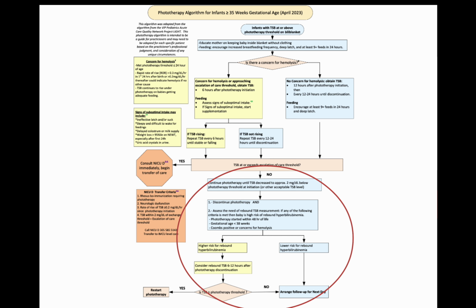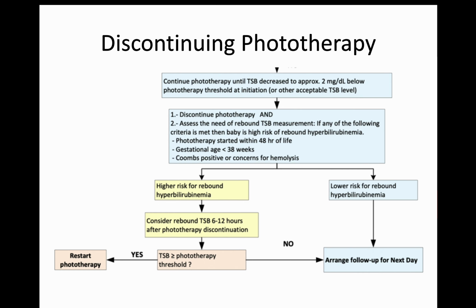So now we're going to discuss criteria for discontinuing phototherapy. So we will continue phototherapy until our total serum bilirubin has decreased to 2 below the phototherapy threshold at time of initiation. So we're going to look back to that original threshold that we looked at when we started the phototherapy. Once we discontinue phototherapy, we want to assess the need for rebound